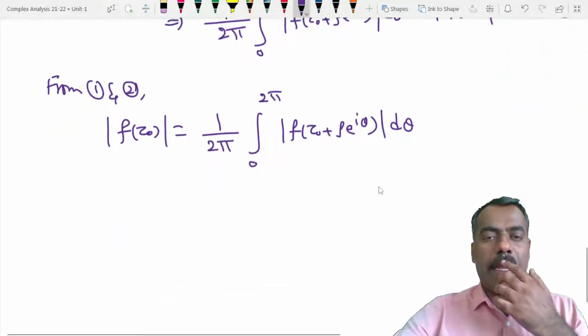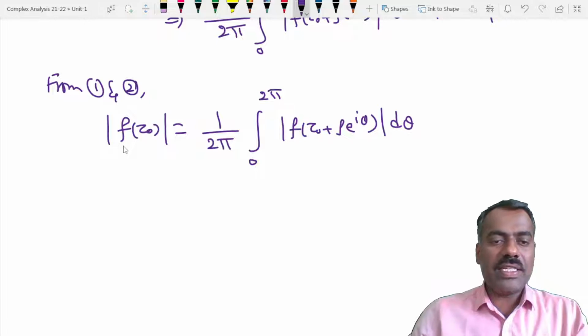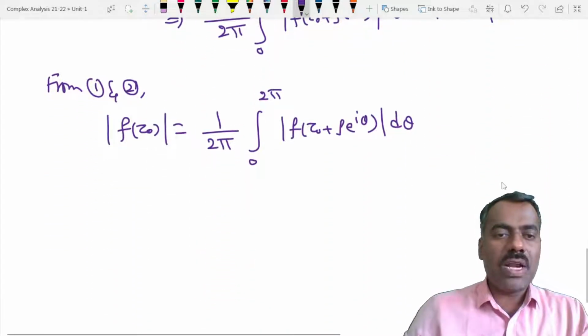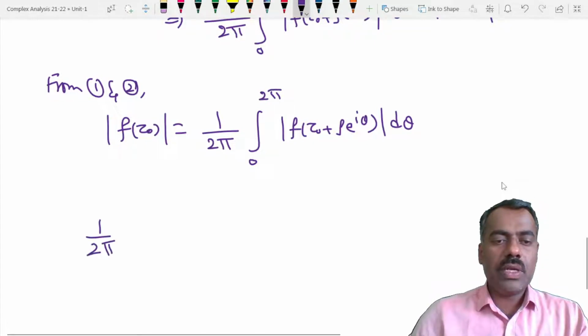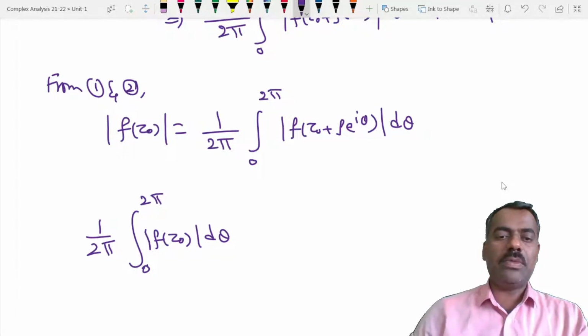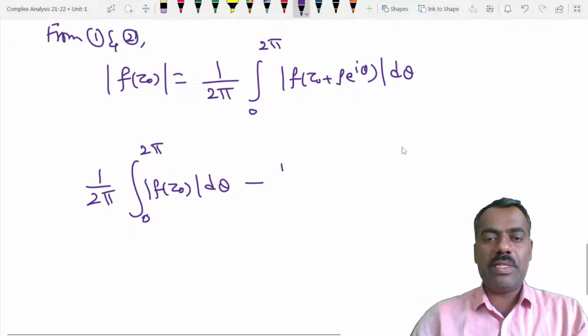Okay, and what we do is this also we can write in terms of integration, just like how we did here, right? So this is same as 1 by 2 pi integration of mod f of z naught d theta from 0 to 2 pi, because this integration is actually 2 pi times mod f of z naught, so 2 pi will get cancelled. This is same as this. That means if I take here,